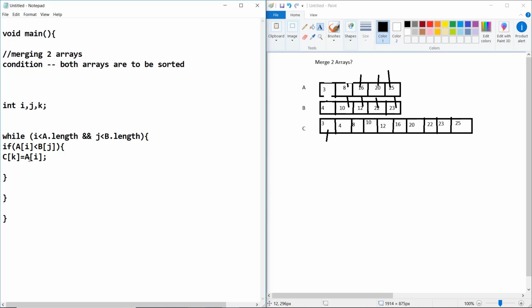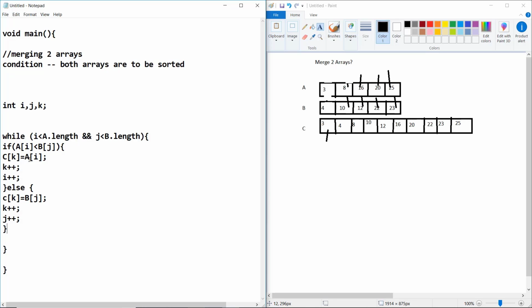Else, we put C of k equal to B of j. Now let's increment the pointers: k plus plus and i plus plus in the first case, and k plus plus and j plus plus in the else case.